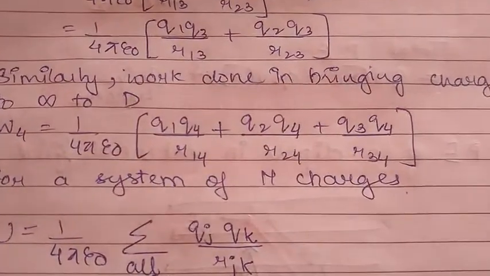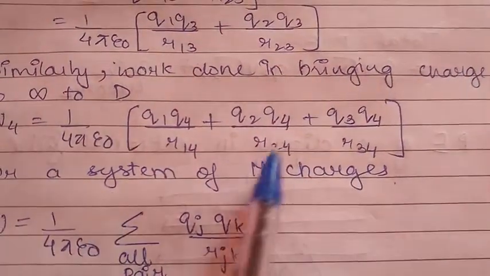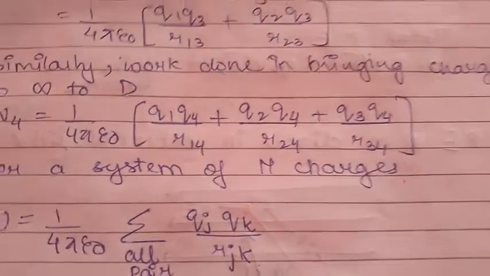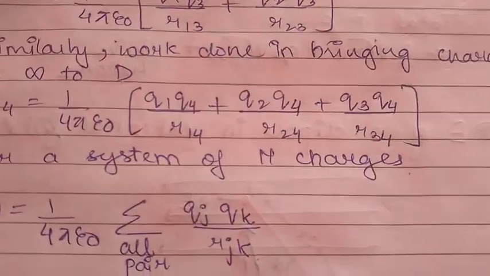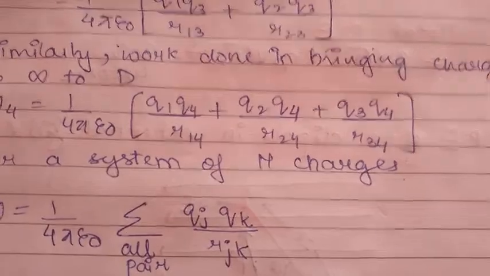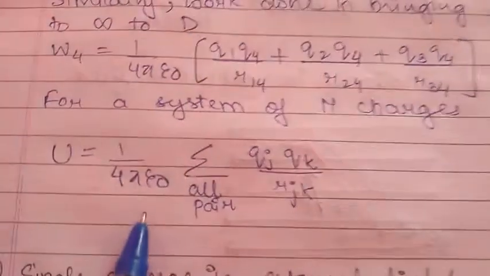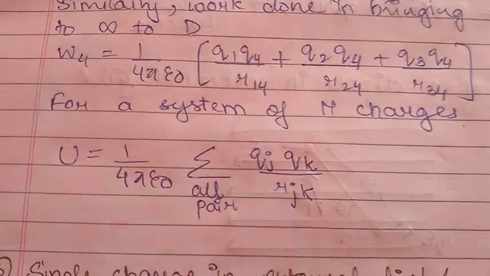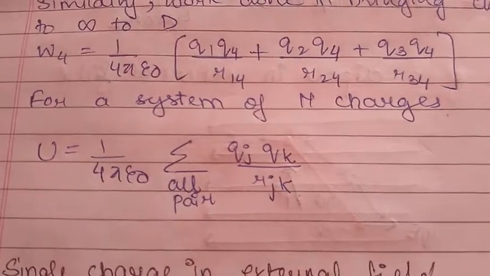Now this we have considered when bringing a third charge. Similarly, if you are bringing the fourth charge, then the work has to be done against the field created due to charge Q1, then the field created due to charge Q2, and the field created due to charge Q3. So as many charges as you go on bringing, to make them stable there, you have to do some work against the charges that were already there. So you can summarize it with a final formula, 1 upon 4 pi epsilon naught summation of Qj Qk divided by Rjk. So this is the potential energy for a system of n number of charges.